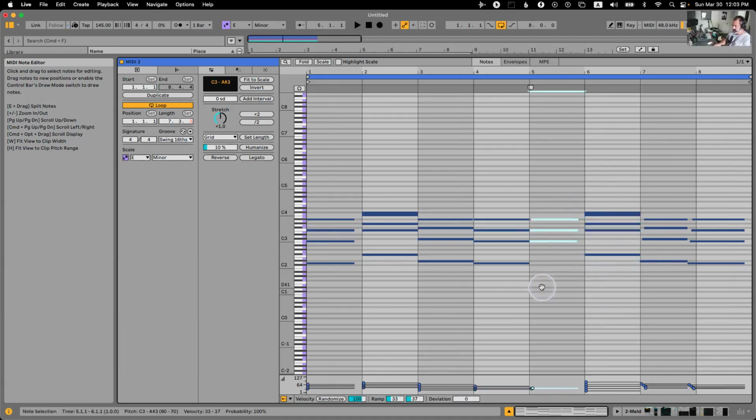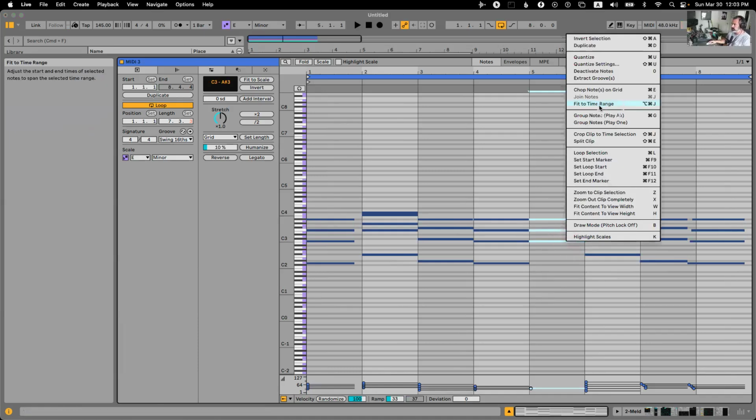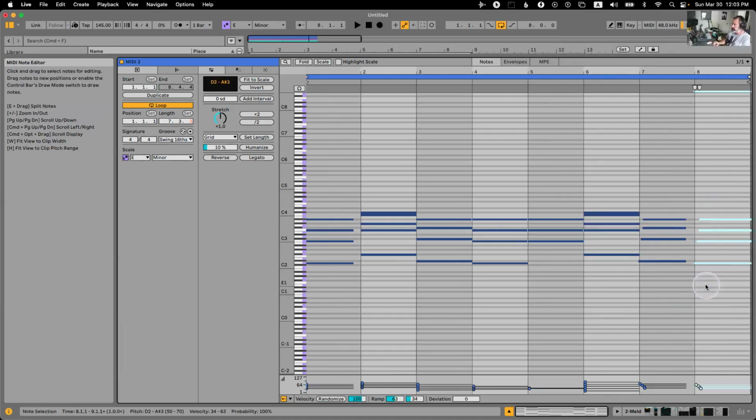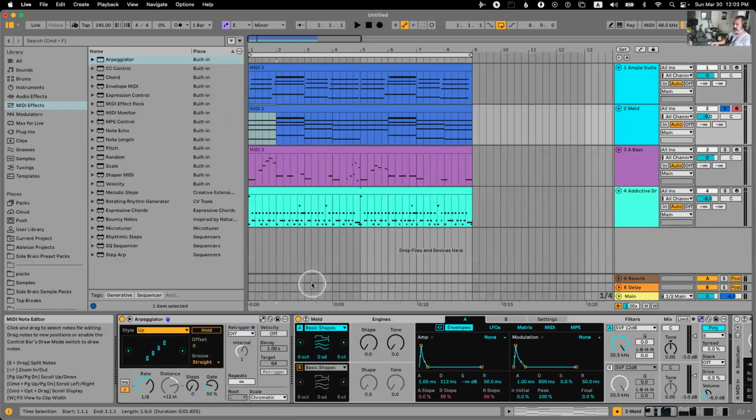Thank you. And reminding you, this is the fit to time range shortcut that you can just Command Option J. And now, Command Option J. Okay, wait. Why? Yes. Okay, now maybe